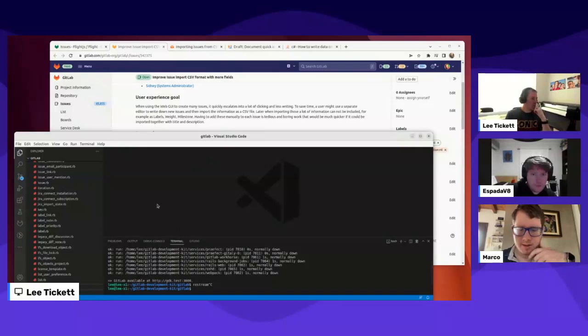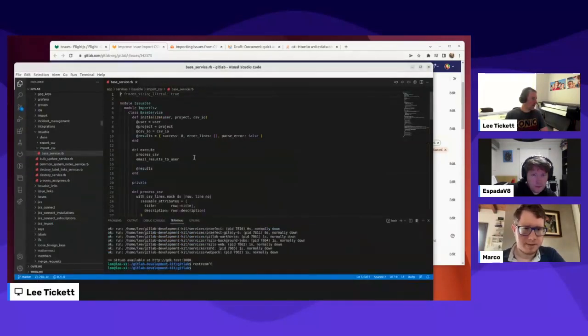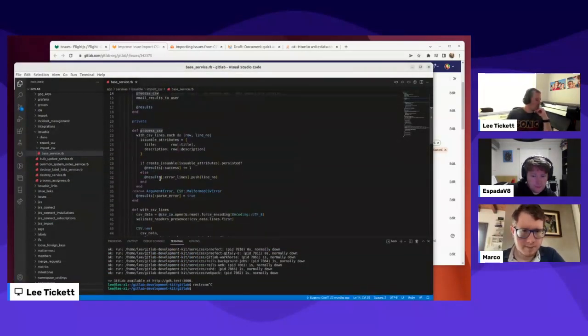Or yeah, I just had a look, and it could be quite simple because on the file that I sent you, there's actually a process CSV method that's reading each CSV line and creating the issuable attributes, and then creating. Amazing. So we might literally be able to add another. Yeah. If you go to line 24 of that file, there's the method. Yeah. I'm just wondering